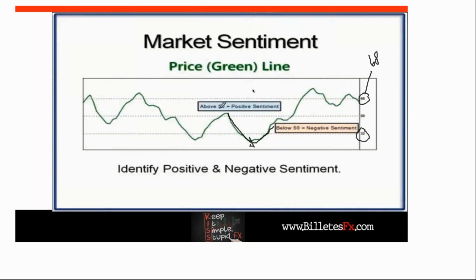Okay, all this is telling you is that when the green line is above the 50, it's positive. It's positive to the upside. When the green line is below it,